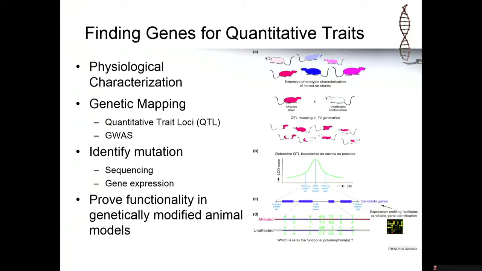Go through some other types of genome or omics tricks to identify the mutations by sequencing or looking at gene expression until we get down to that candidate gene that we've narrowed it down as far as we could go, but you still have to prove it. And I think this has always been the issue with using these model systems. If you can genetically manipulate them, you can actually prove what you hypothesized